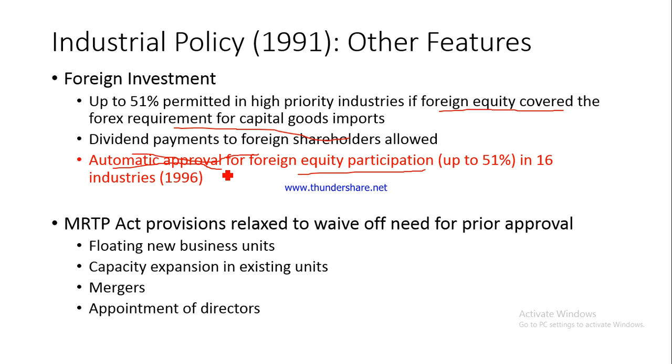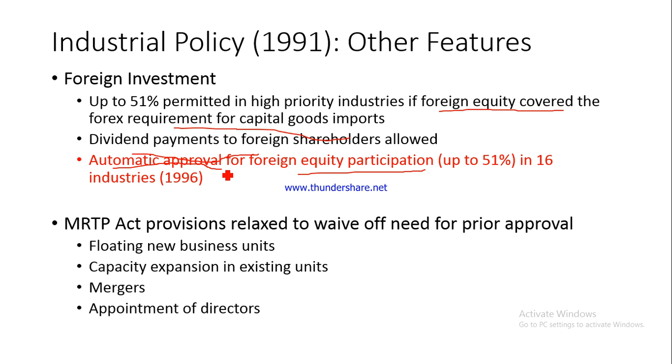So the whole objective was to ensure that monopolies don't get created here in our economy. And to ensure that this could be done, the government did what? It set limits for how much could be the production volume, how much of the quantities can be produced, whether expansion can be done or cannot be done, can a firm expand its operations. So all these things were basically taken care of by the MRTP Act.